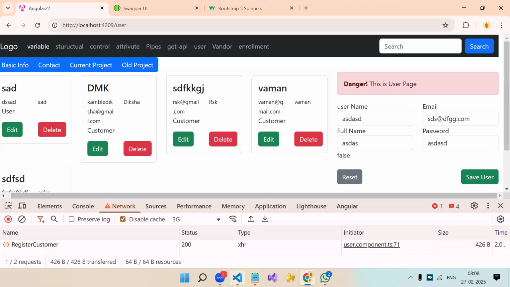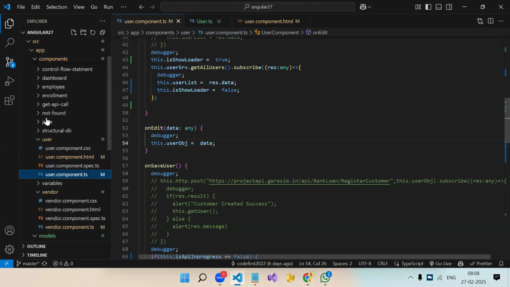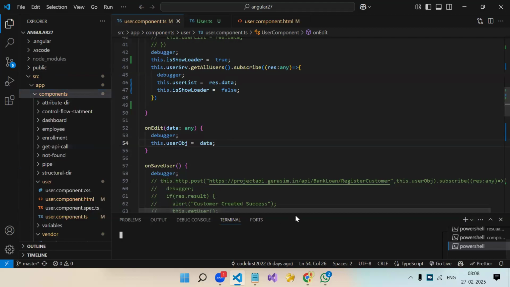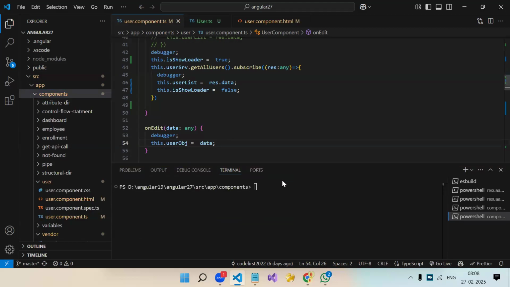Okay. Let me create a component and generate component bulk update.